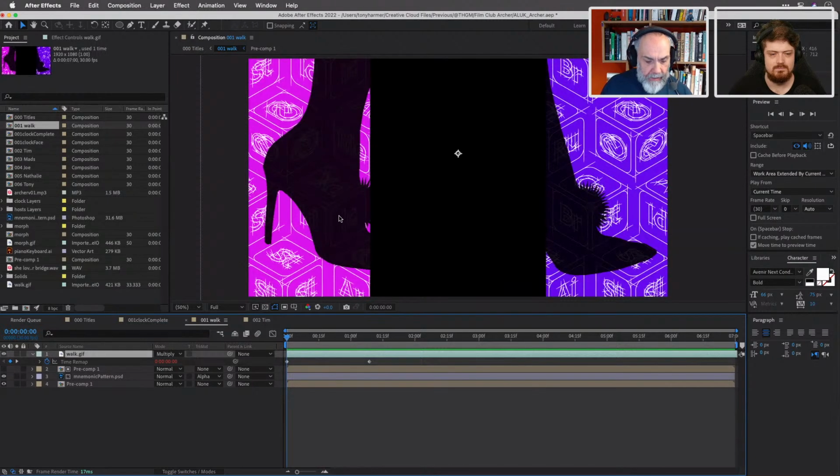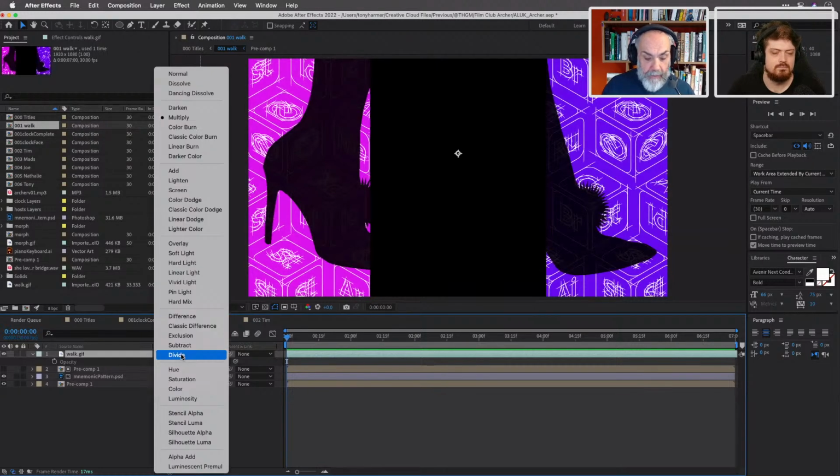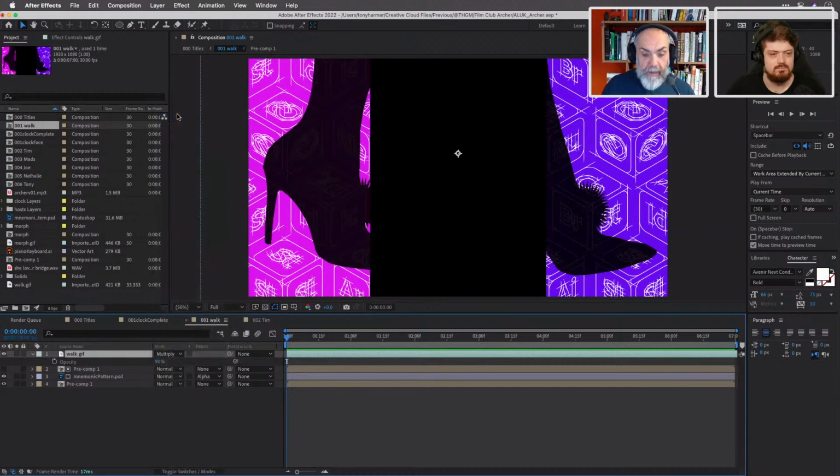So if I go here to the opacity, tap T for transparency to get the opacity controls, you can see I've got this set to 90%. And the blend mode is at multiply, because they're black, so darker colors will press down, and that brings out some of the pattern in the background. It just adds very simply some texture to the piece.